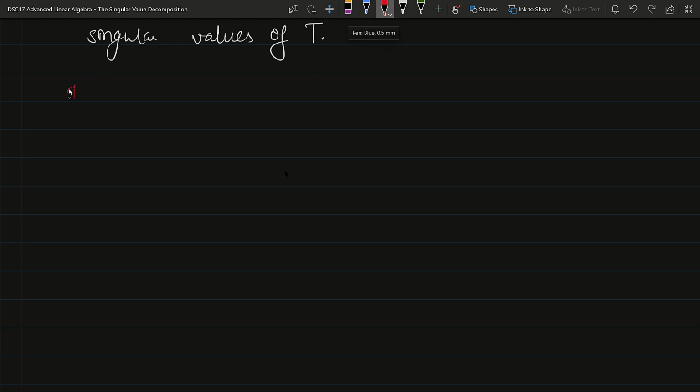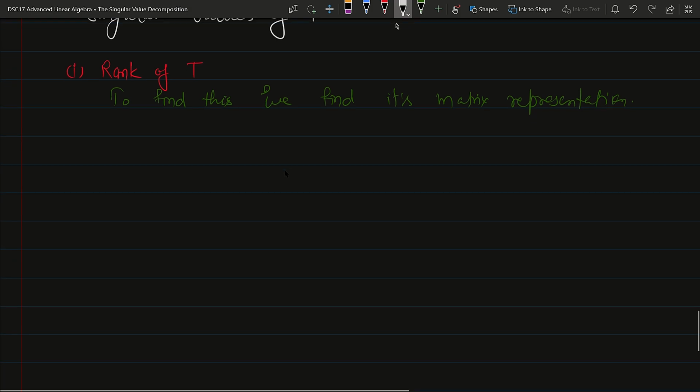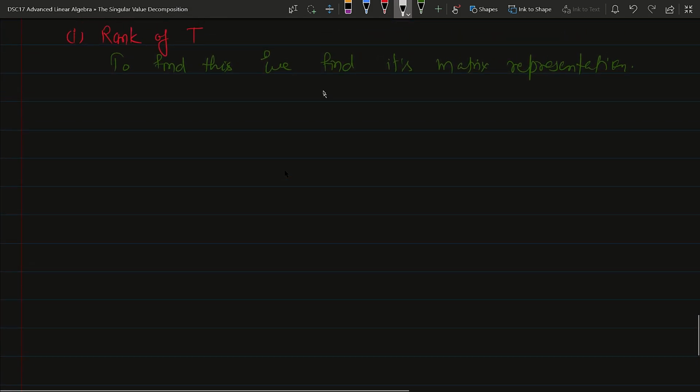ठीक है, so first rank of T. और इसको आइडेंटिफाई करने के लिए to find this we find its matrix representation. ओके, तो सबसे पहले हम मैट्रिक्स रिप्रेजेंटेशन को आइडेंटिफाई करते हैं और इसके लिए वी नीड टू कंसीडर सम ऑर्थोनॉर्मल